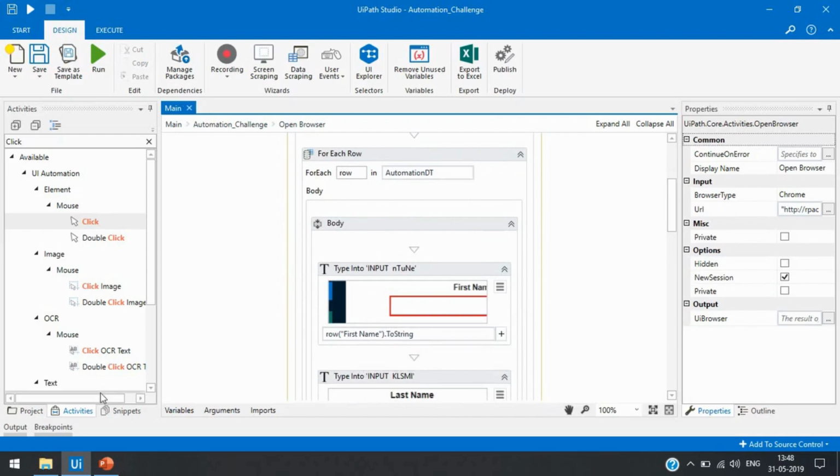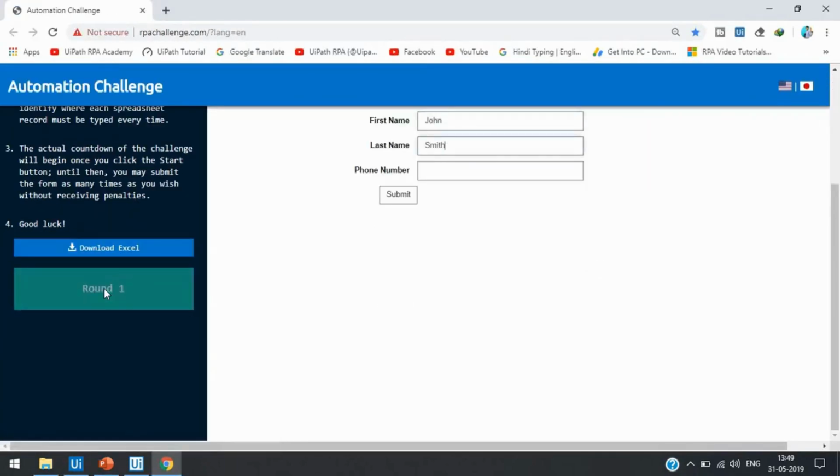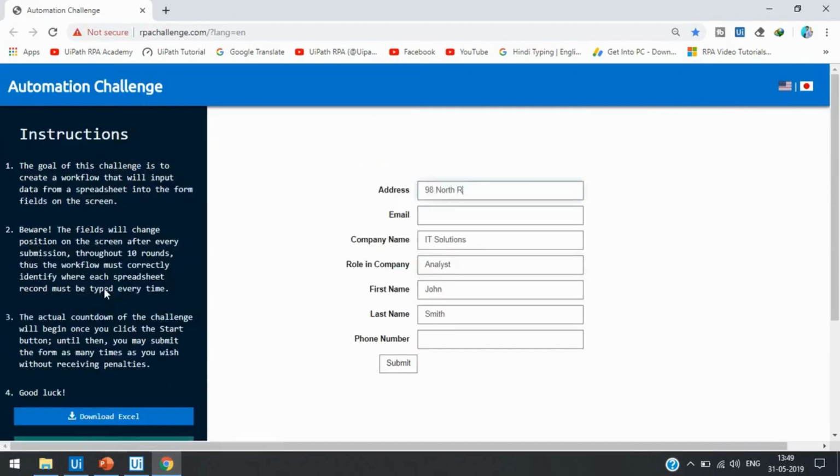Now let's run this. Clicked on start, and then it's passing the data here one by one. Submit, then again another records.